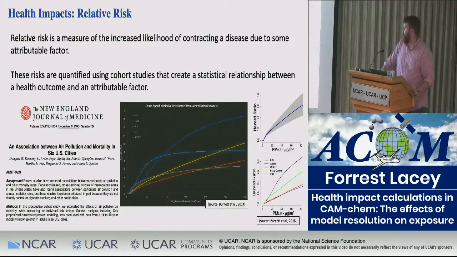Basically what they did is they took air quality or air pollution data, and then they created these curves which are for specific disease outcomes. So each line is a specific disease, be it lung cancer, heart disease, COPD, anything like that. And then on the x-axis, you have pollutant concentration. So for this specific curve, that's PM 2.5. We have different ones for ozone.